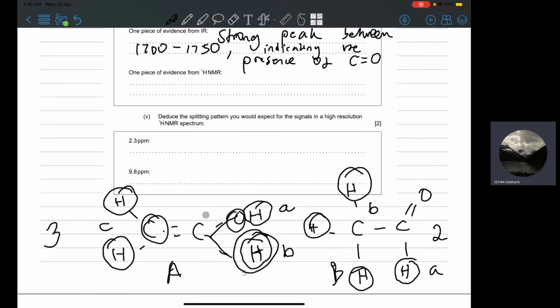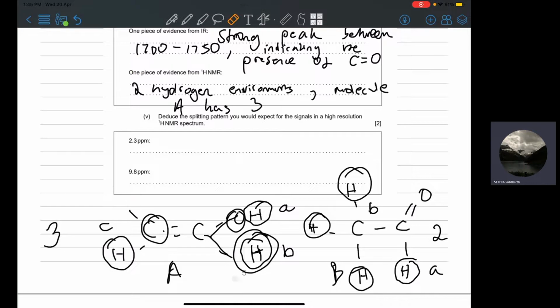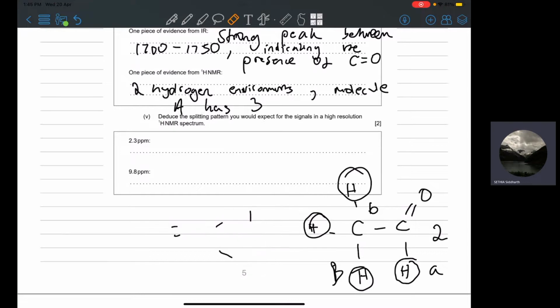So hopefully you get that. Let me just write that down. So one piece of evidence from HNMR is two hydrogen environments, molecule A has three. So again, this is a very shortened, condensed answer. I would definitely encourage you to word this better in the exam, but hopefully you get the idea of what I have done. Okay, just erase all of this. Okay, so